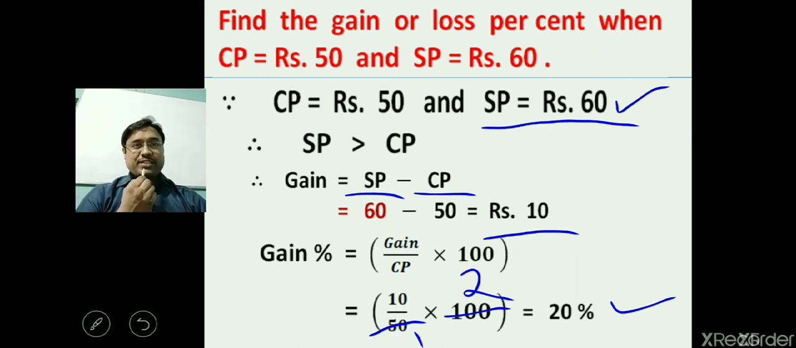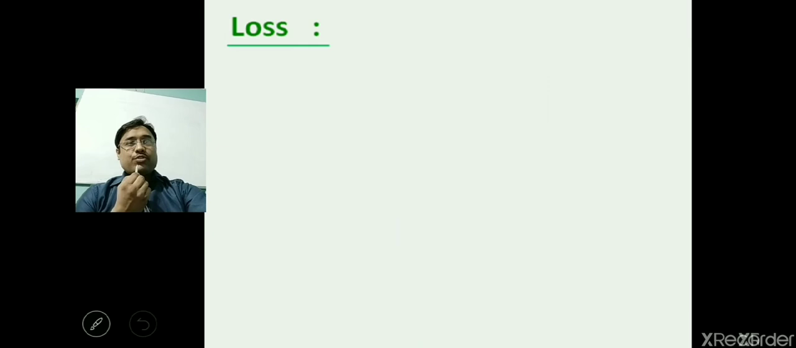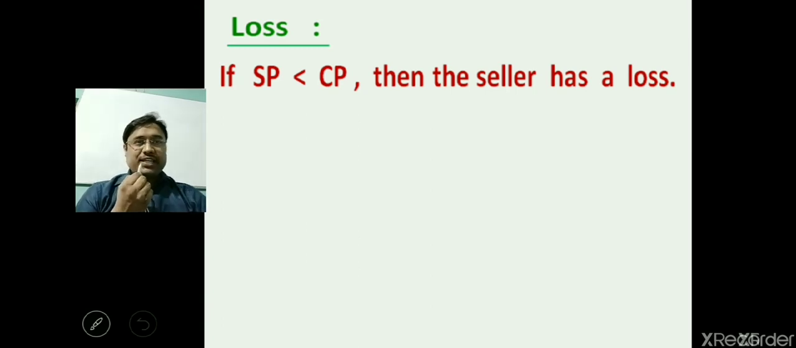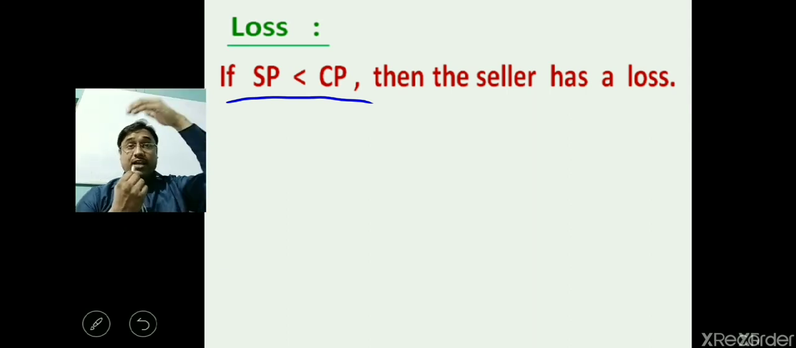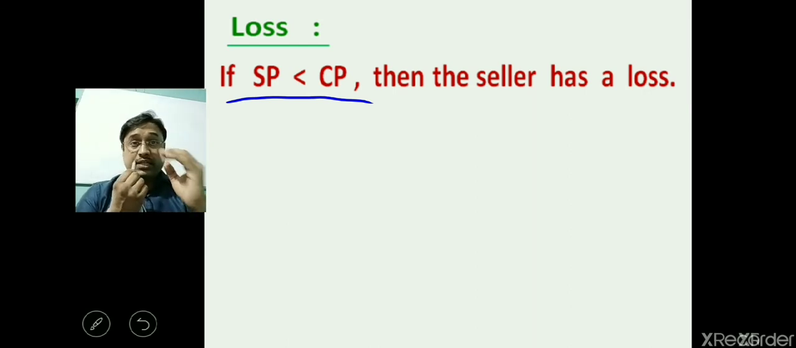So I hope you have understood gain percent nicely. You will learn this formula, gain by CP into 100, because gain is reckoned on CP. Now you have to understand what is loss, because sometimes we face loss also in transactions. If SP is less than CP, this is the conditional statement, meaning the selling price at which you are selling an object is less than the cost price, then the seller has a loss. That means the price at which you are selling the object is less than the purchasing price,